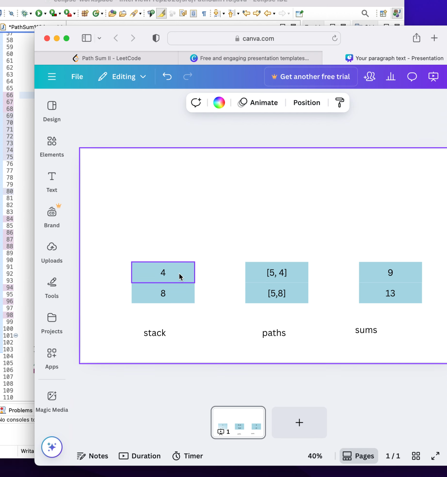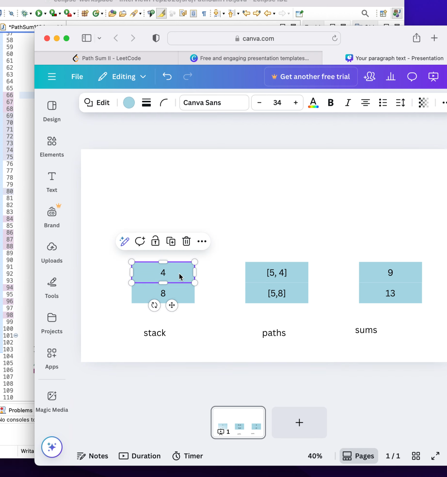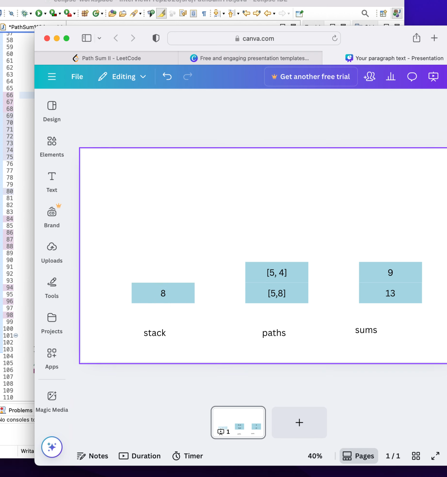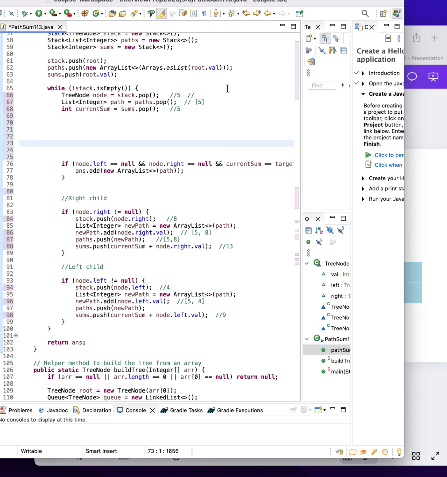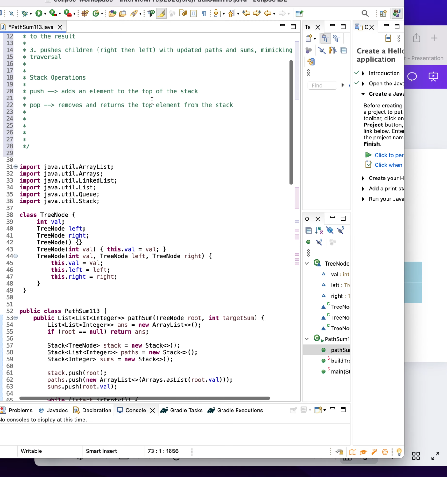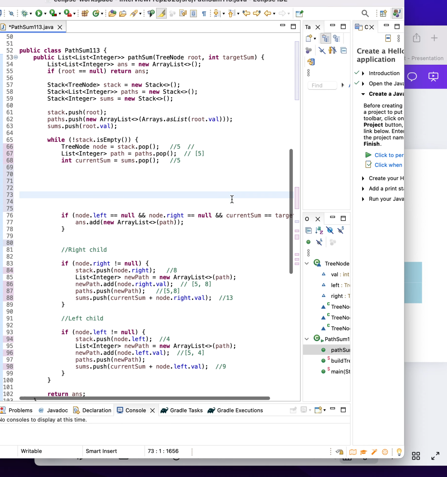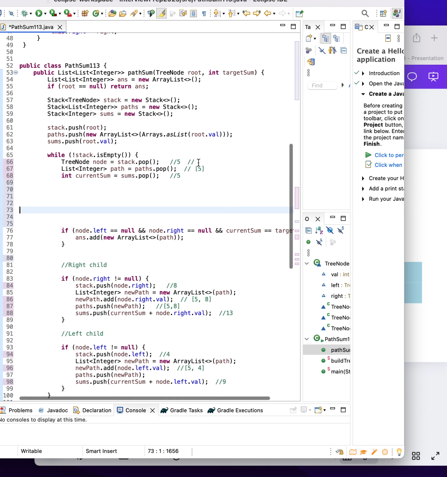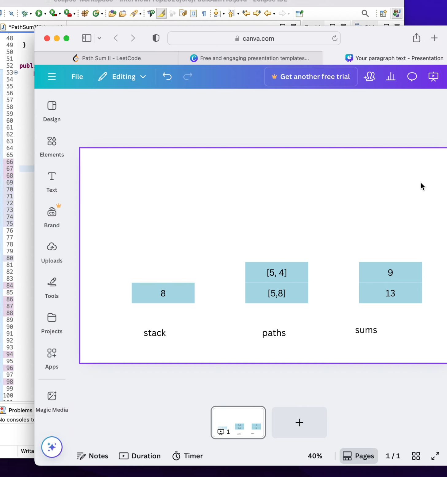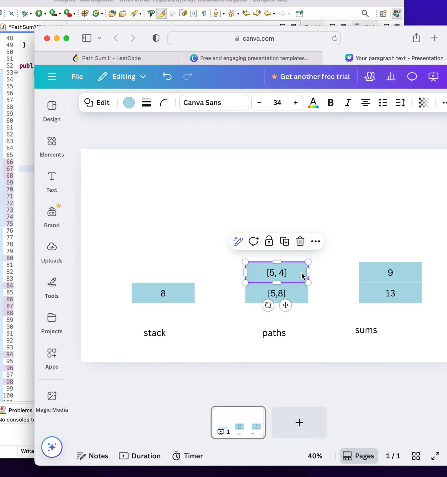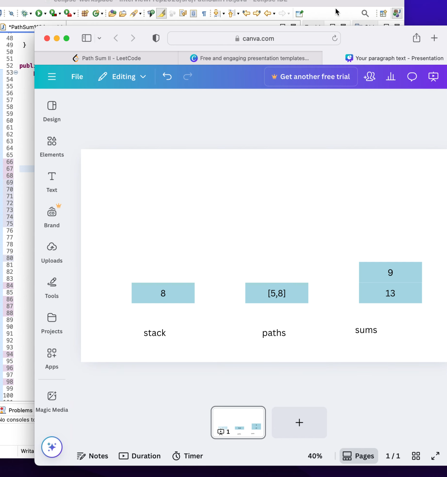So what's gonna pop? 4. Yes, so we're deleting it, we are removing it, because pop obviously removes and returns the top element from the stack. So here it's going to be 4, and then path is equal to path dot pop, 5 and 4,